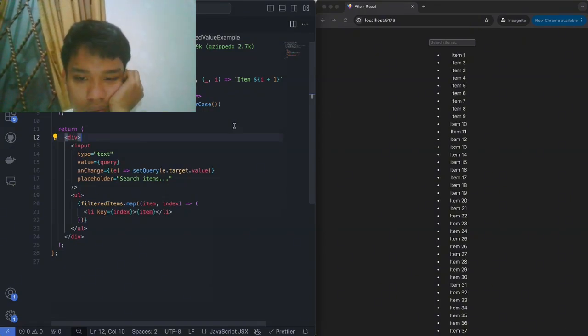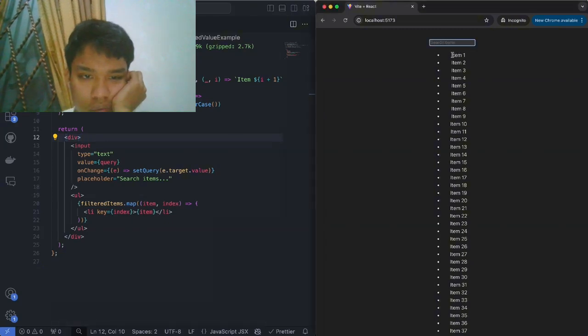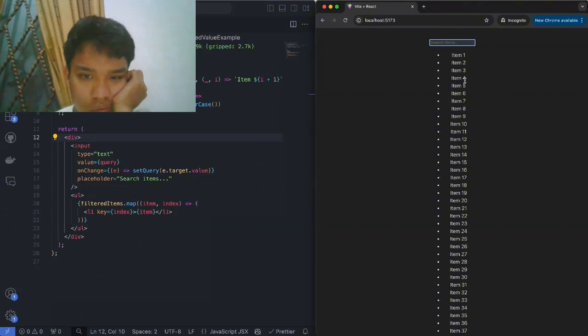It is specifically useful for smoothing performance when the current value is updated too frequently, like when you're typing on an input to search and filter a list, and you're typing too fast, which makes the state update a lot, meaning that it might cause issues with the performance of how your components are updating. So the main characteristic of this hook is that it will allow React to prioritize rendering the urgent updates, like the user typing, but it would also delay less critical updates to avoid blocking the main thread